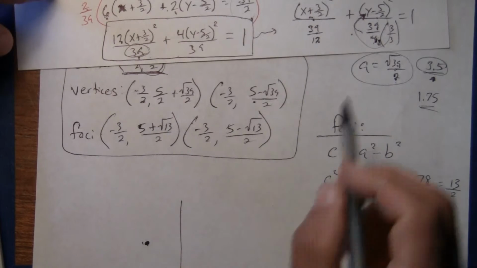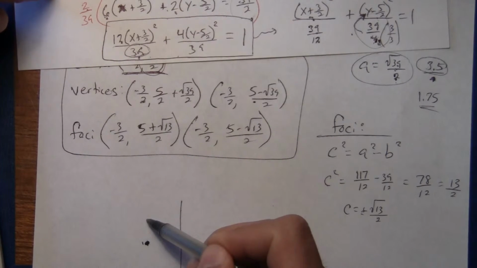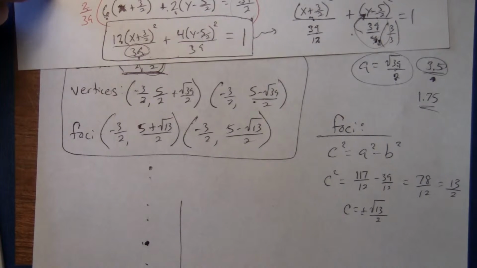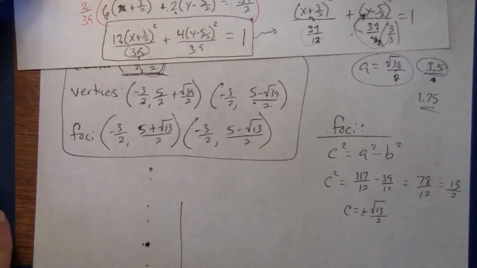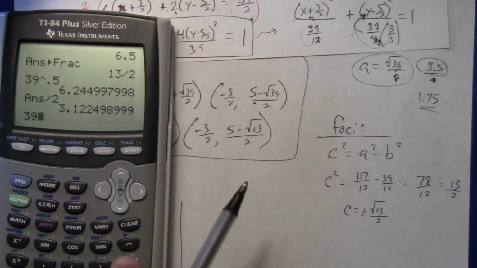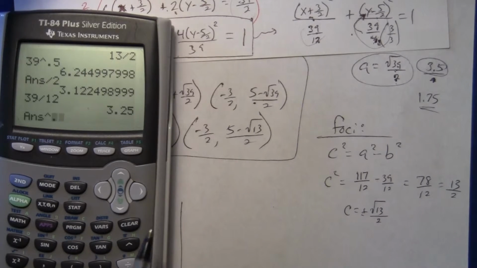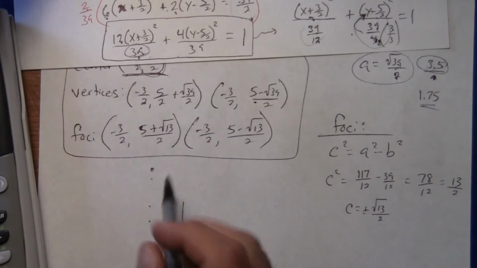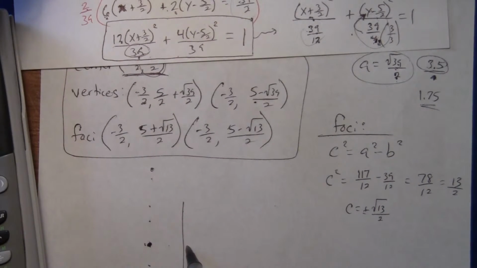So from here, remember that came under y, so I would go up 1, 2, 3, and then a little over 3. Go down 1, 2, 3, and then a little over 3. Now take the square root of 39 over 12. So I've got 39 divided by 12. Take the square root of that. 1.8. So then, because that's under x, you're going to go approximately 1.8 to the right, to the left,